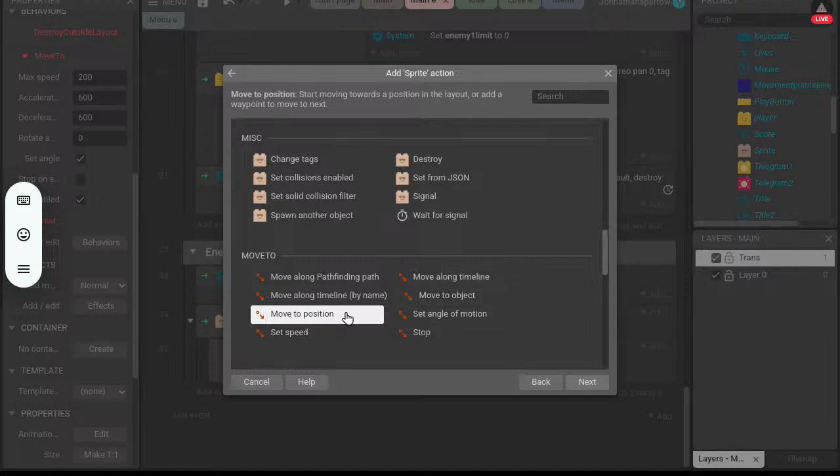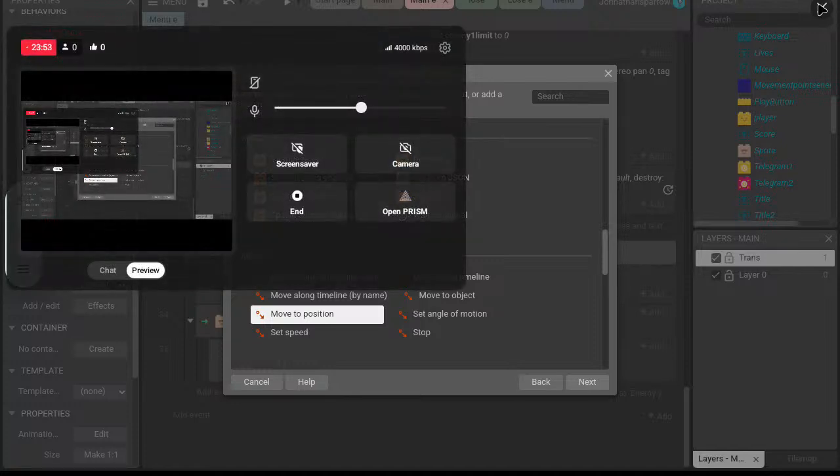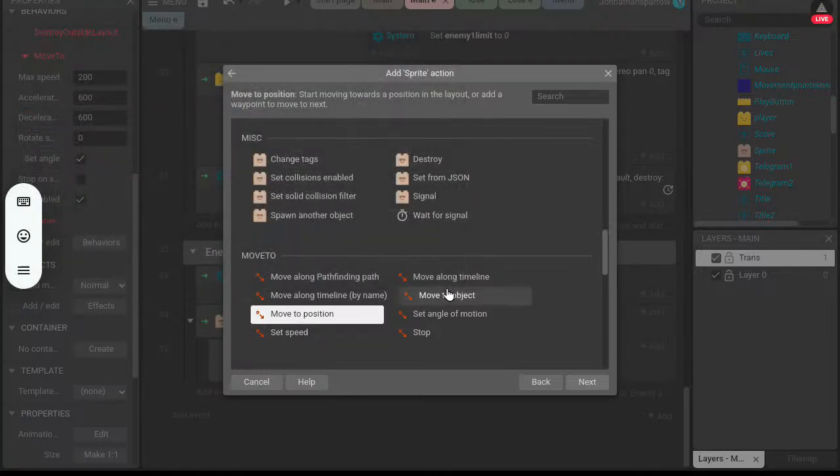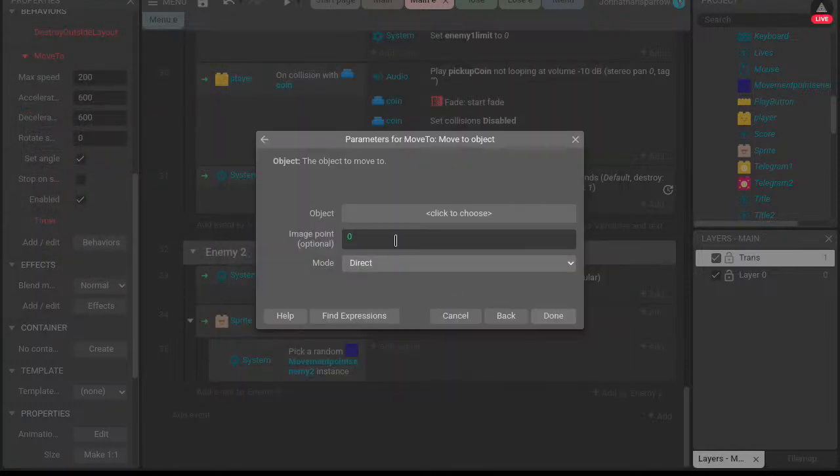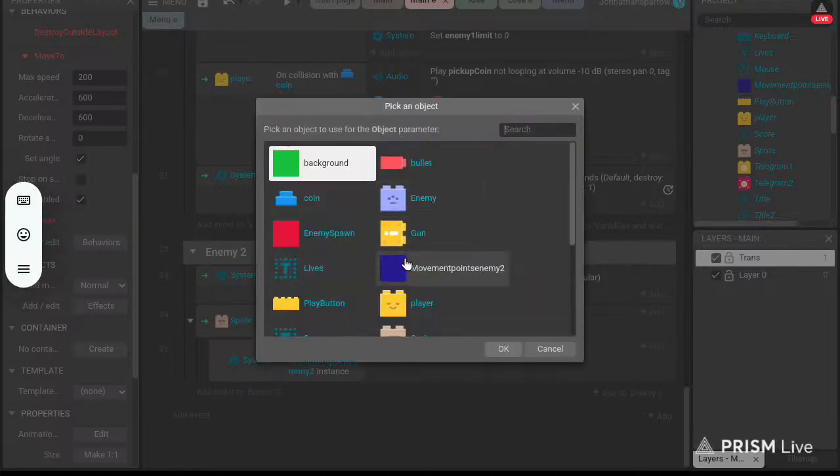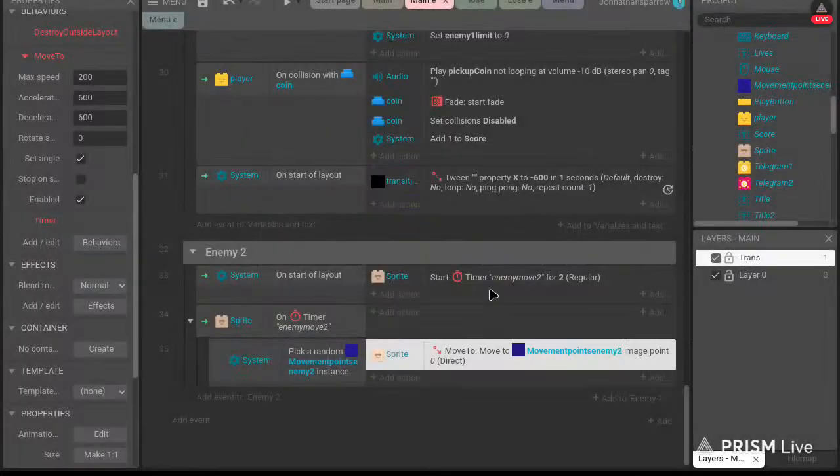I don't know. Do I want to write more code, or what do I want to do? Move to object. I'm just going to say that. The move point.